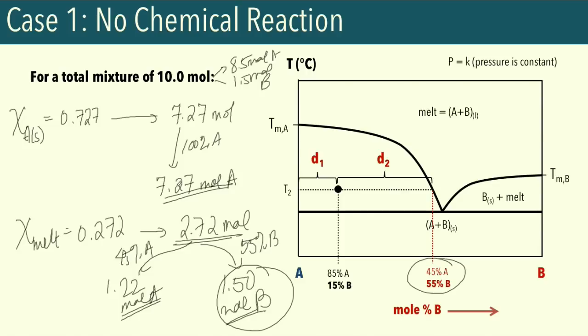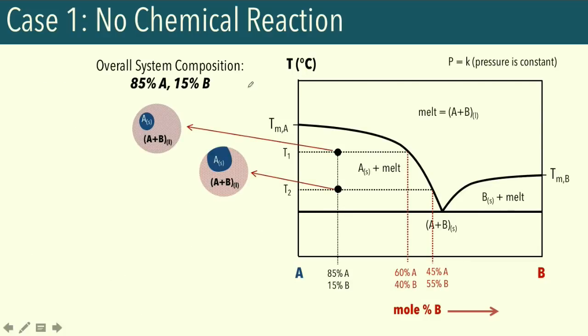And if we add up the moles of A that got distributed in the solid form and the melt, if we add these two things together, we get 8.5 moles of A. So again, we still have the conservation of mass principle. Just to summarize what happens at the different temperatures, we're wondering how many moles of A get